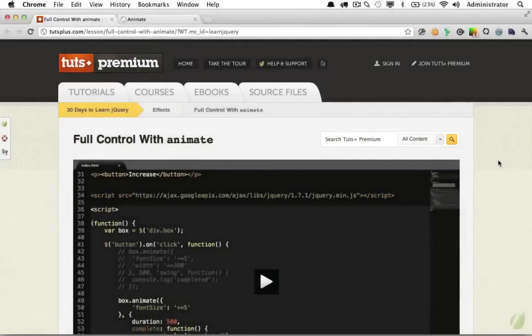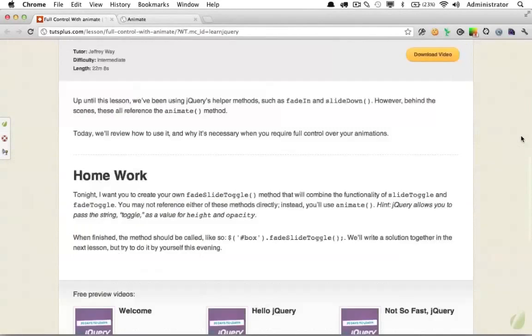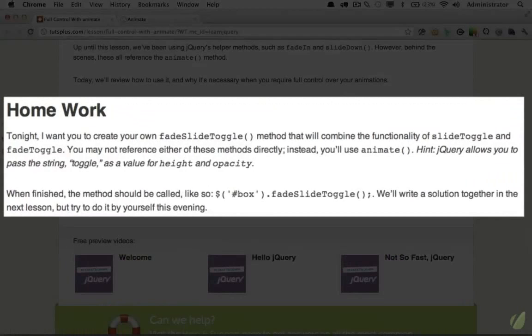In the previous lesson, I gave you a bit of homework. If we scroll down to the bottom, we'll see, tonight I want you to create your own fade slide toggle method that will combine the functionality of slide toggle and fade toggle. But you may not reference either of these methods directly. Instead, you have to use jQuery's animate method. When finished, the method should be called like so,